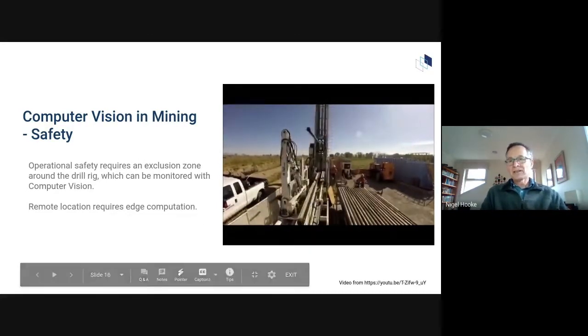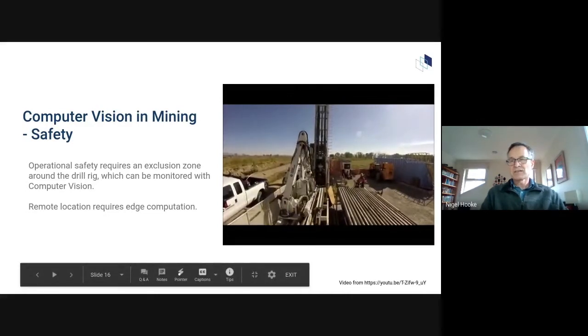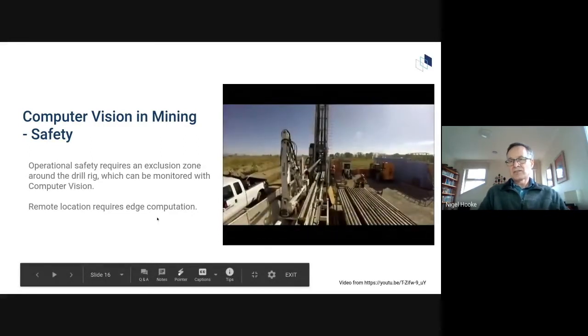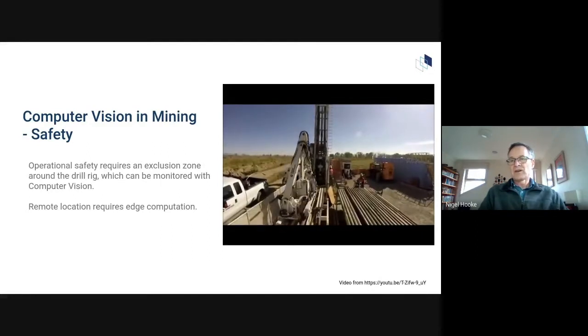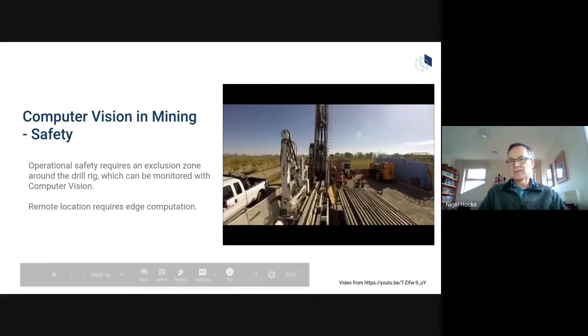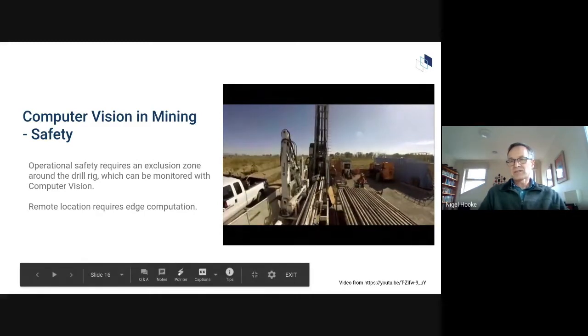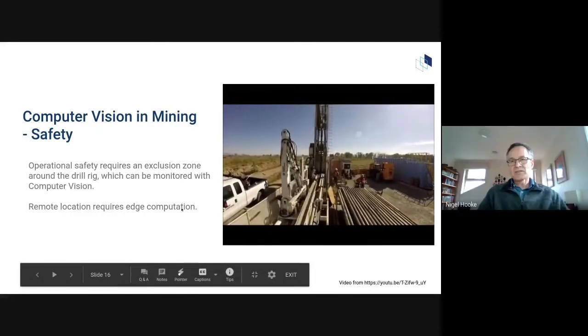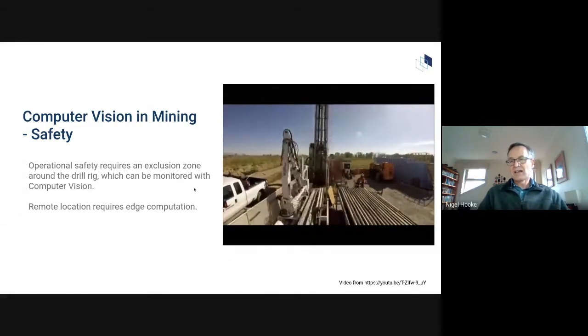With people moving around with all this heavy machinery in motion, there's risk of occupational accidents and a hazard to the people. So there's a potential here to use a video camera with local image processing, watching where the people are moving in relation to the machinery while the pipe sections are being waved around. And by having the computer vision computation happening in real time on site, integrated with the machinery, you can alert the operator or shut down the machinery if there's an imminent risk of a hazard to one of the people.